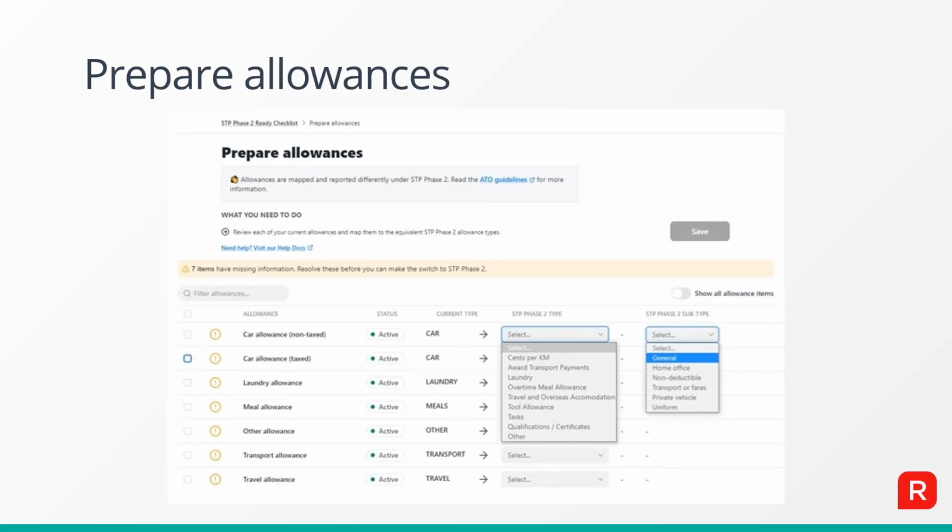In STP Phase 2, users now need to report all allowances separately. Each allowance must be reviewed to ensure that the correct allowance reporting category is assigned. When the category is Other, a subtype is required. In addition to this, if you have set up all-purpose allowances, these will now need to be disaggregated and independently